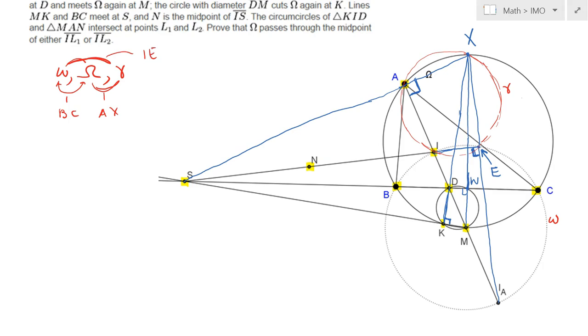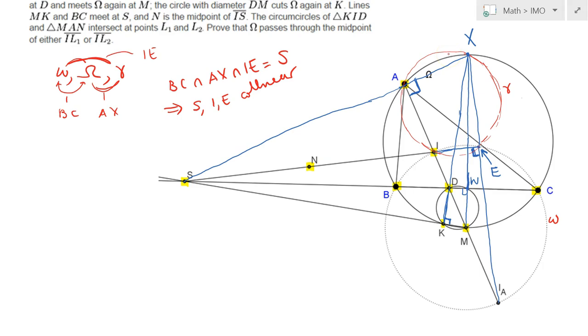So therefore, these three lines should meet, right? So BC intersection AX intersection IE, and there's only one candidate. We already know that XA and BC meet at S, so therefore IE also should meet at S. So therefore, this implies that S, I, and E are collinear actually. And as a result, now the point I, the incenter of triangle ABC, has a new role now, right? I happens to be also the orthocenter of triangle XSIA,